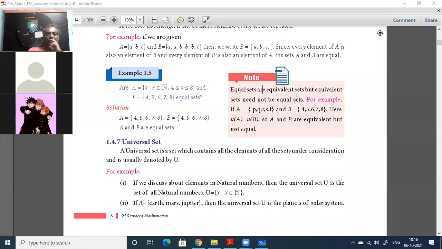No. Two sets cannot be compared by whether they belong to each other. There is no concept of a set A belonging to a set B. There is only the concept of an element belonging to set A. Only one single element belongs to set B, like that. One set cannot belong to another set. You understand? Only elements can belong to other sets. Okay, continue.